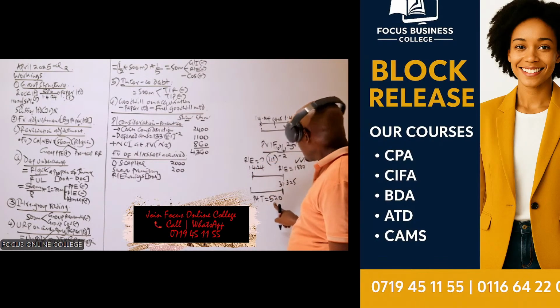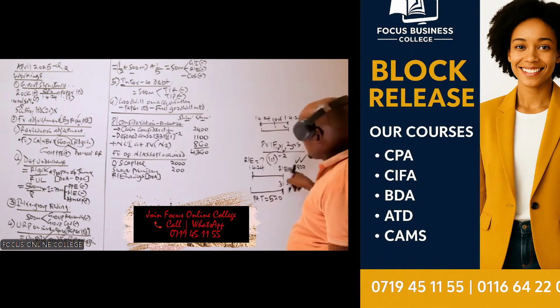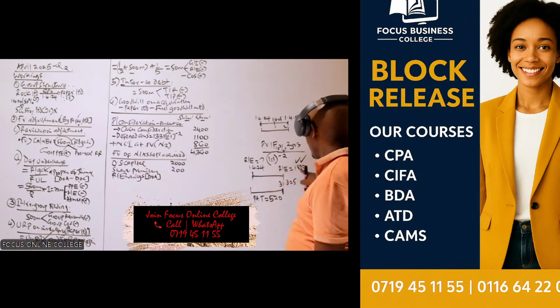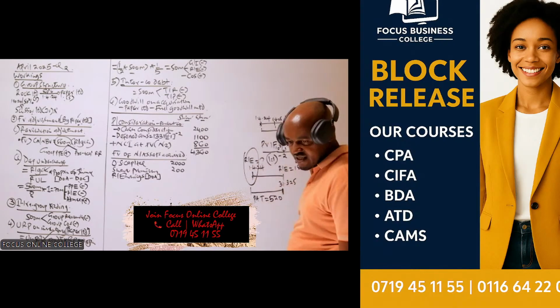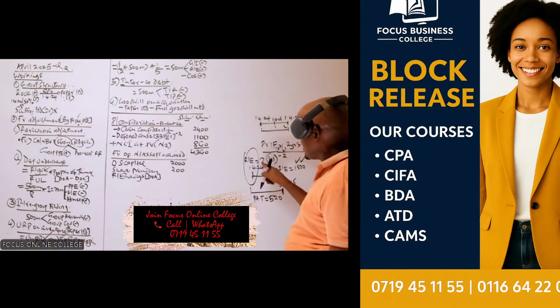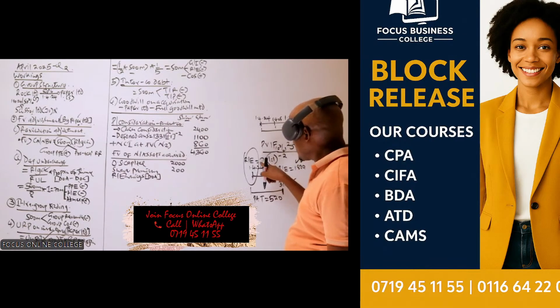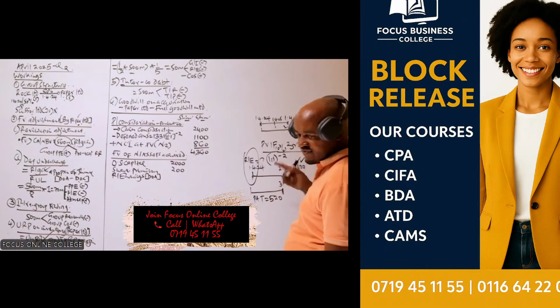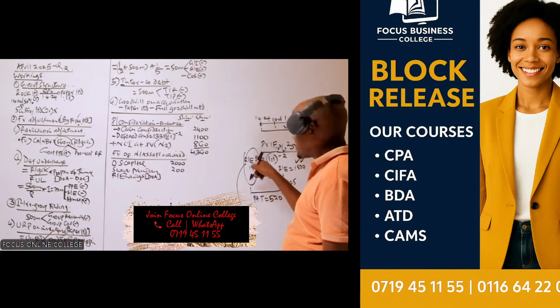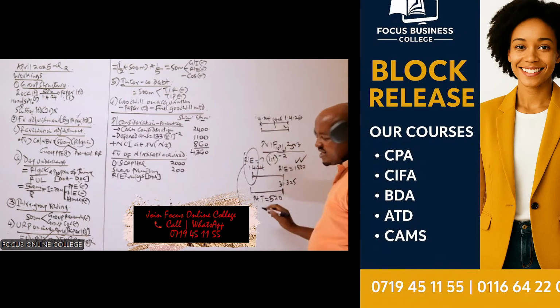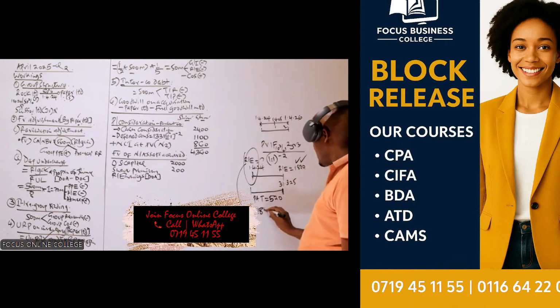We add this, we get this. Now we take this plus this, we get this. What we are interested in is the retained earnings of this date. To get this, we take this plus this, we get this. It's very simple. To get this one, we take this minus this, we get that. Therefore, the retained earnings at the start will be 1,800 minus 520.